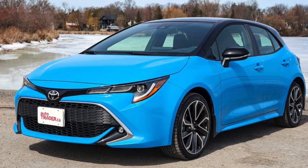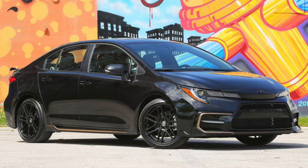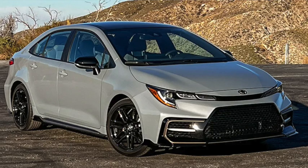In the U.S., neither all-wheel drive nor the hybrid were offered on the hatchback. For 2021, there was a limited Apex edition, essentially a handling package. And for 2022, the 2-liter was up to 169 horsepower, and the CVT was standard, while the 6-speed was dropped,